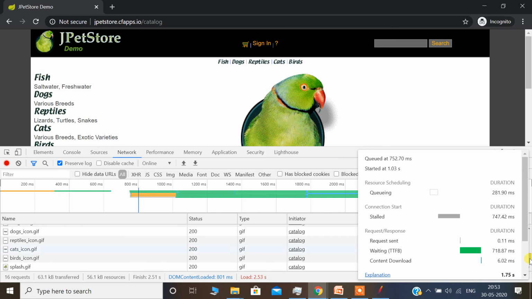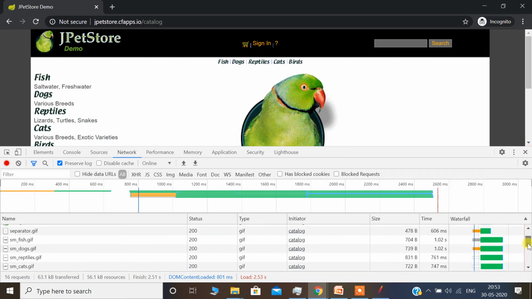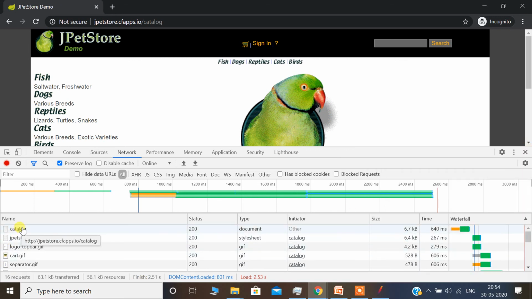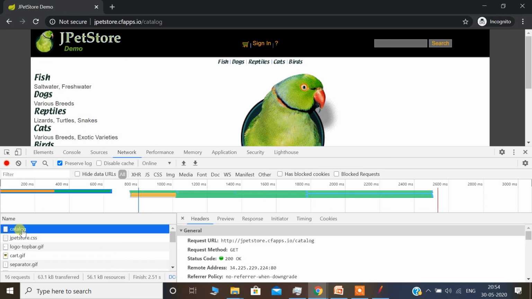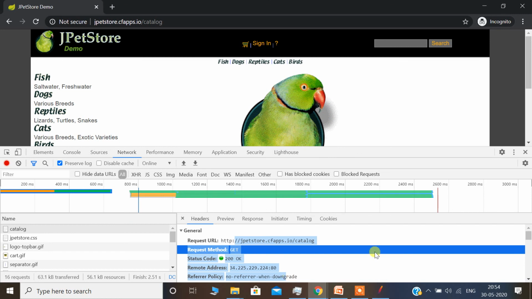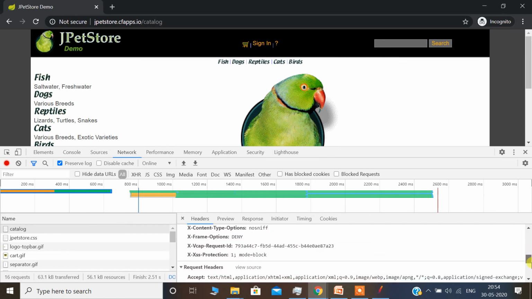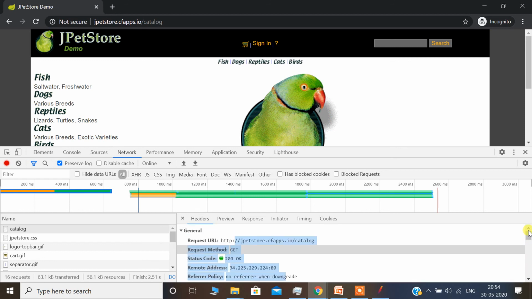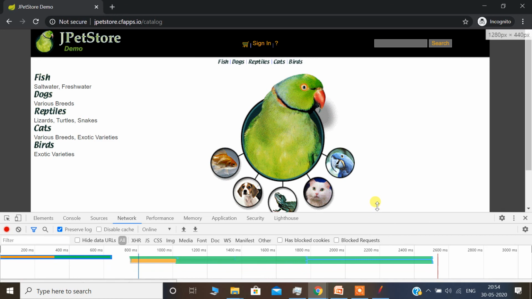In case there is any confusion whether we are recording properly or not, make sure that you can see the request here also. You see the catalog request. When I select this catalog, I can see the complete details. So this can also help us in validating if my requests are recorded properly or we are not missing anything. This is to debug the correctness.